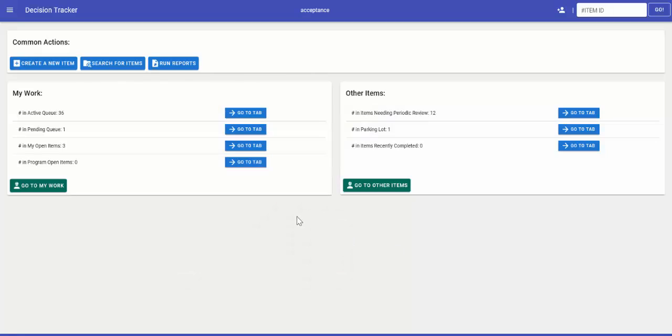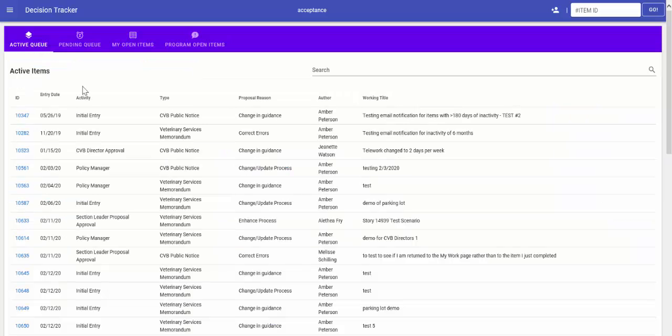Once you've created an item in Decision Tracker, the next step is to move it forward or initiate a child workflow. So the first thing that you need to do is find the item that you would like to work with. To do that, you're going to go to your active queue and find the item that you would like